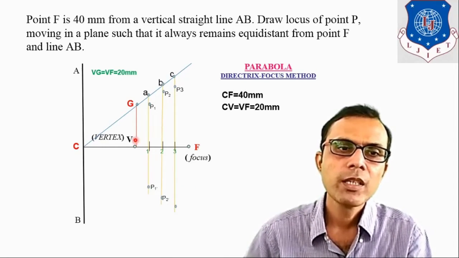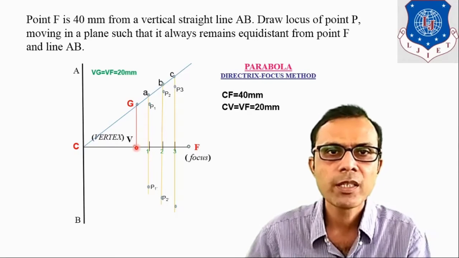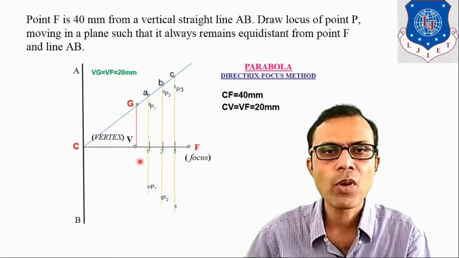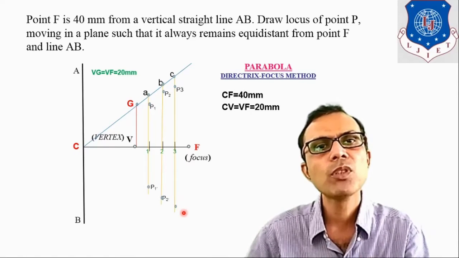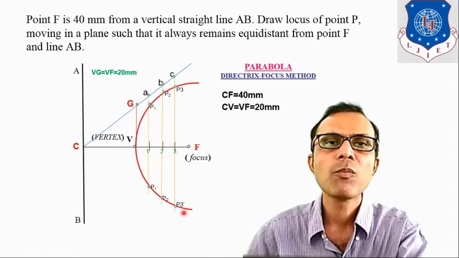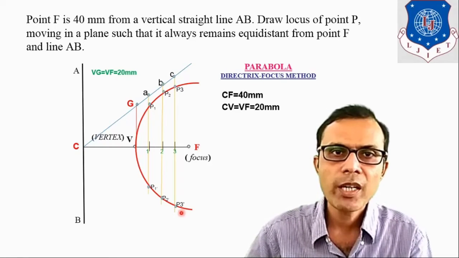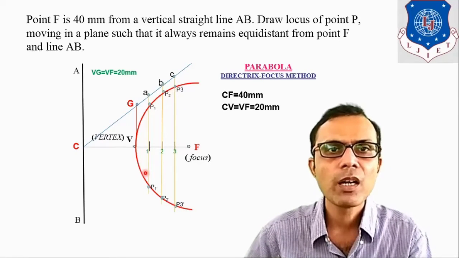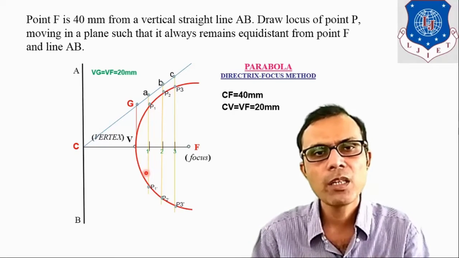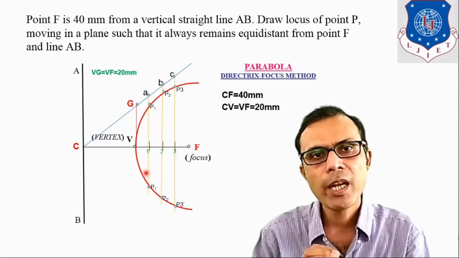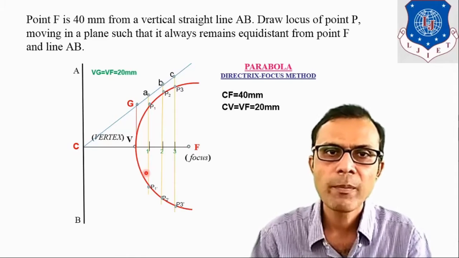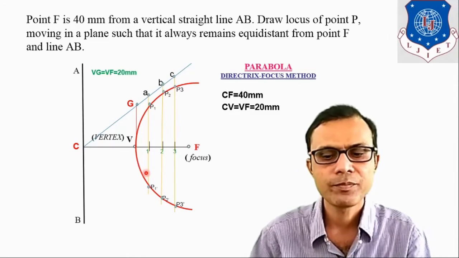Here point B is the vertex point, and obviously the curve will pass through the vertex point also. So from all these points we have to draw a smooth freehand curve. That would be our required curve, the parabola. You should notice that the given curve is a parabola and it should always be darker. The main drawing for this problem is the parabola. The main drawing should always be darker. All other construction lines should remain lighter or thin.